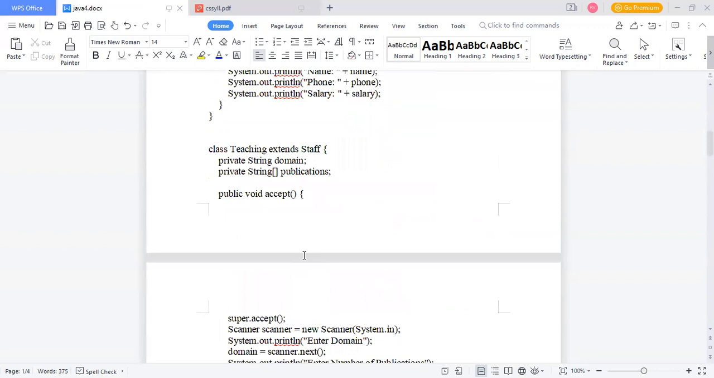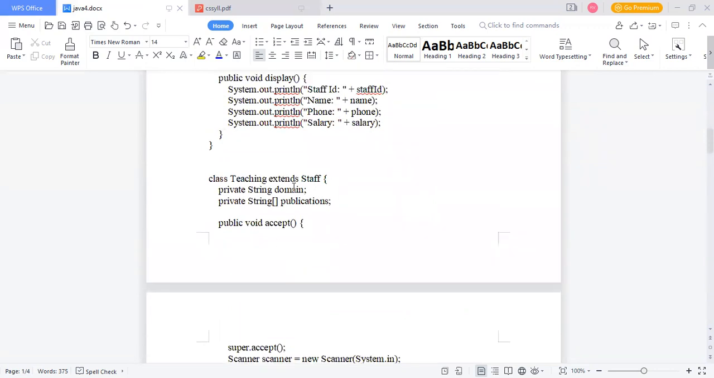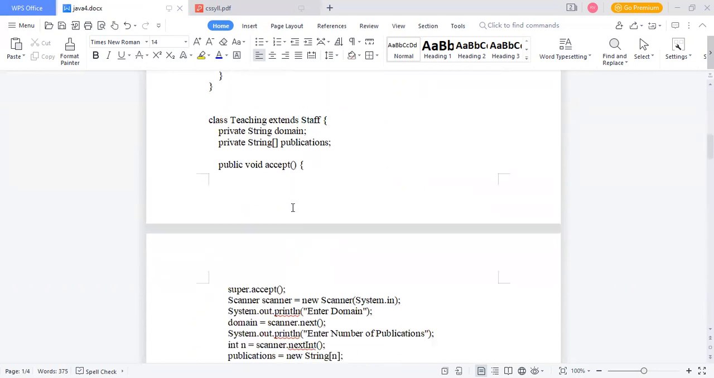Teaching class extends Staff. Private String domain, and the two variables are declared. Now here it comes: public void accept. Inside this accept method, super.accept. That means when the compiler comes across this statement, it is going to transfer the control to the superclass accept